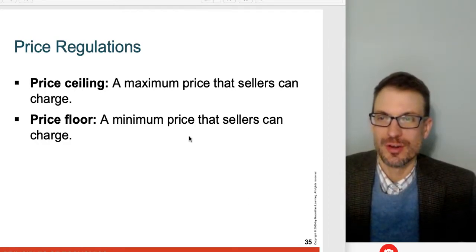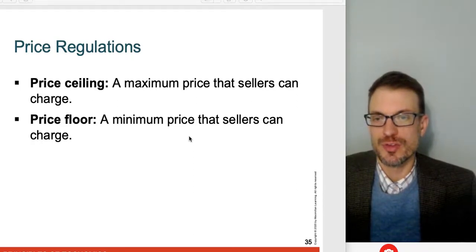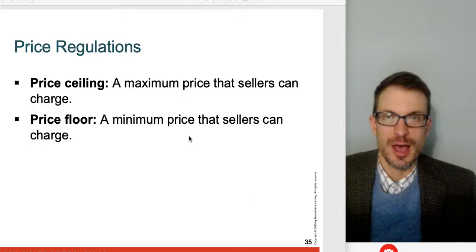Here are our definitions. A price ceiling is a maximum price that sellers can charge. A price floor is a minimum price that sellers can charge. And the logic here is